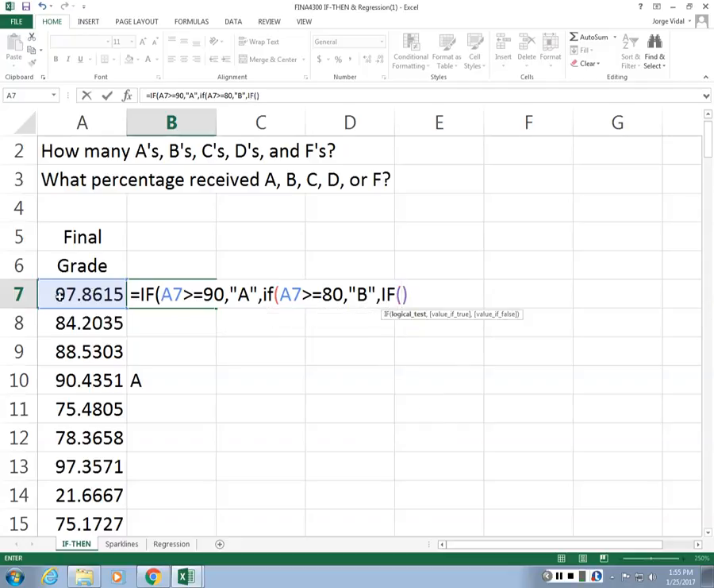So in this case, if A7, it's greater equal than 70, comma, if it's true, put a C. And you can give A, B, C, D, and F. So we still have to do D and F. So let's do another comma. If, and you have to open a new parenthesis, A7 greater or equal than, in this case, 60, comma, letter D, comma,